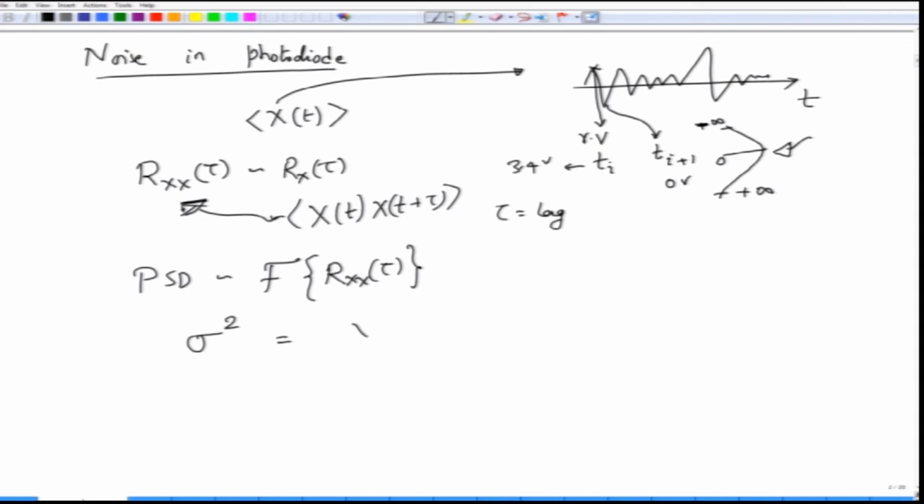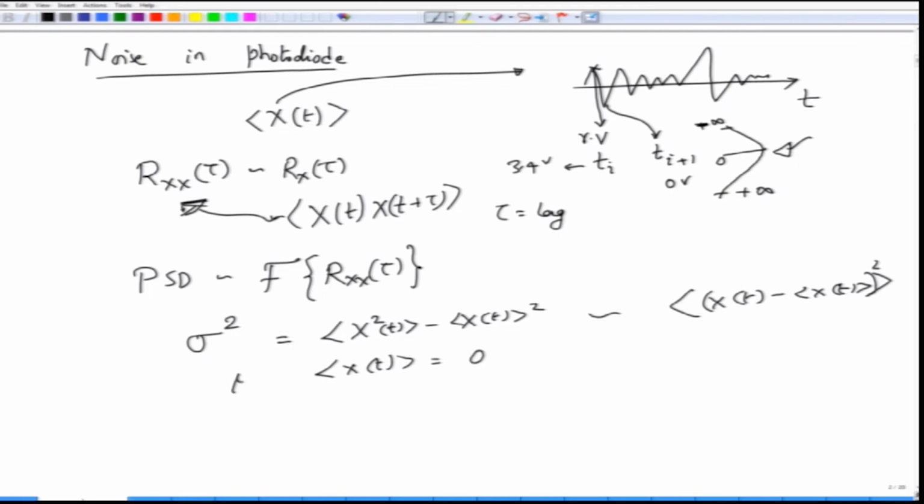Mean square value for a process is basically given as the average of x square of t minus the average value square. Actually, this is coming from the average of x of t minus the average of x of t itself. So, it is like the deviation from the mean, and then you are taking the square of that deviation. Okay. So, in case where the average of x of t is equal to 0,